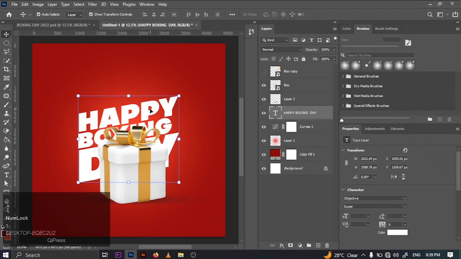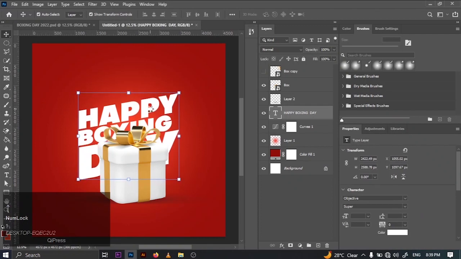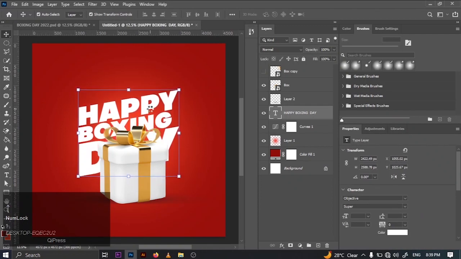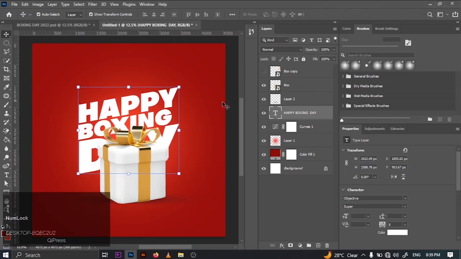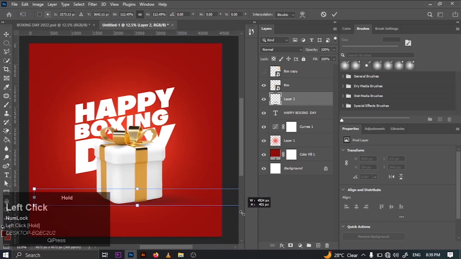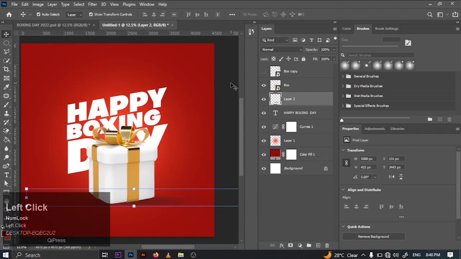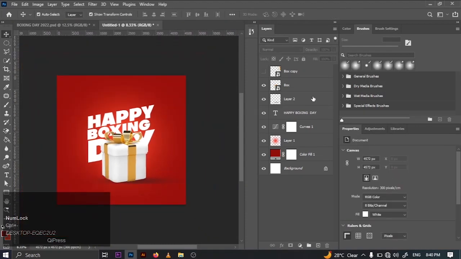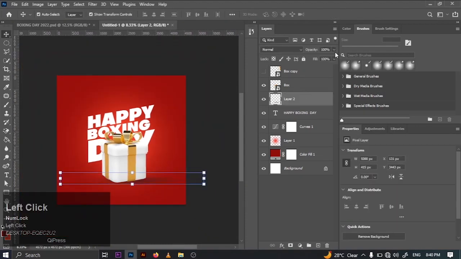Let's move this one up here, so we can see the box. Alright, then we can now scale this up. Ctrl T, put the aspect ratio back. We'll scale this one up bigger. Then we change the opacity, reduce the opacity a bit. Alright,